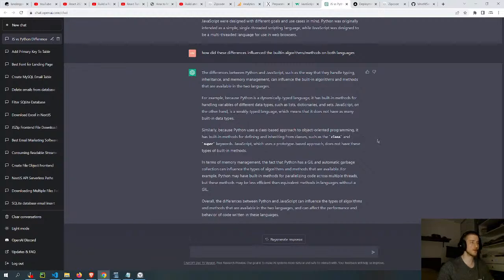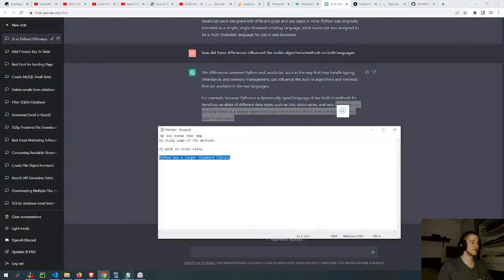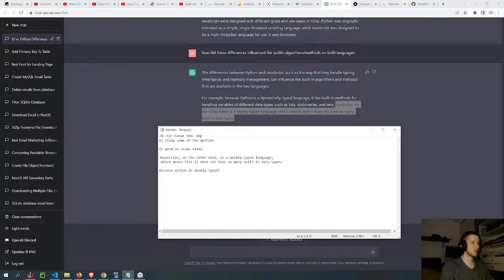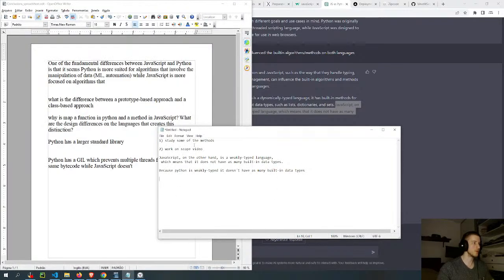Similarly, because Python uses... So I'm going to copy this. I'm not going to copy, I'm going to write it down, I think. Because Python is weakly typed, it doesn't have as many built-in types. So this brings me the question of why